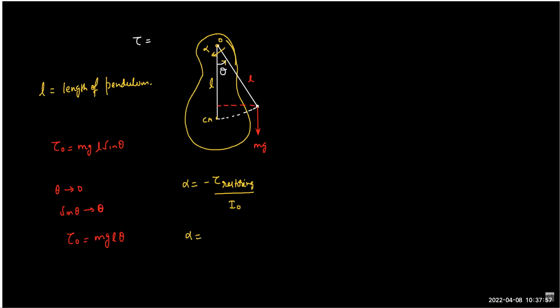So this will be minus mgl upon I naught into theta. Or you can compare with minus omega square theta. If you do so, then you will get omega square equals to